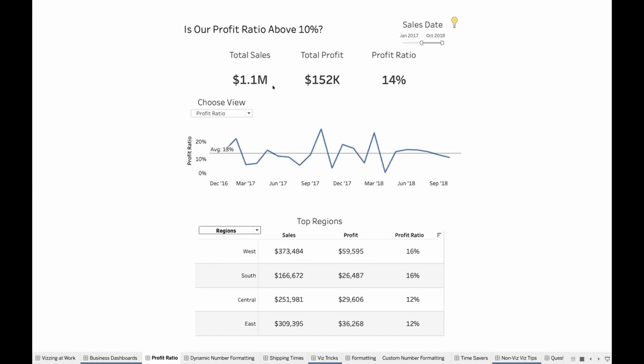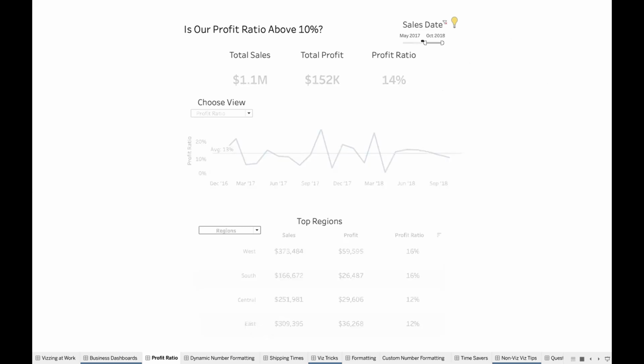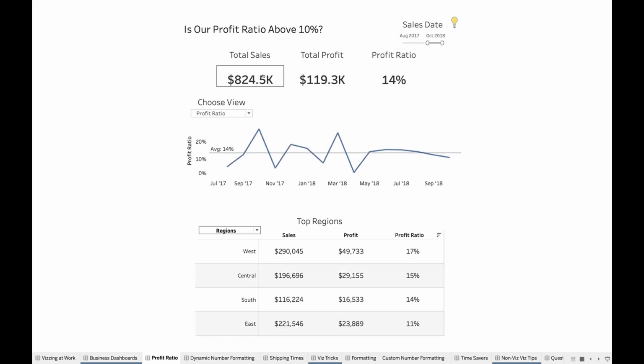So you'll see that right now this number is formatted as 1.1 million. If I shorten this up, it'll go down to the hundreds of thousands. And now what this is doing, it's dynamically formatting the number. Out of the box, Tableau doesn't have the capability to format in millions, thousands, billions, anything you want. So what you need to do is create a custom string function calculation to be able to deliver this dynamic